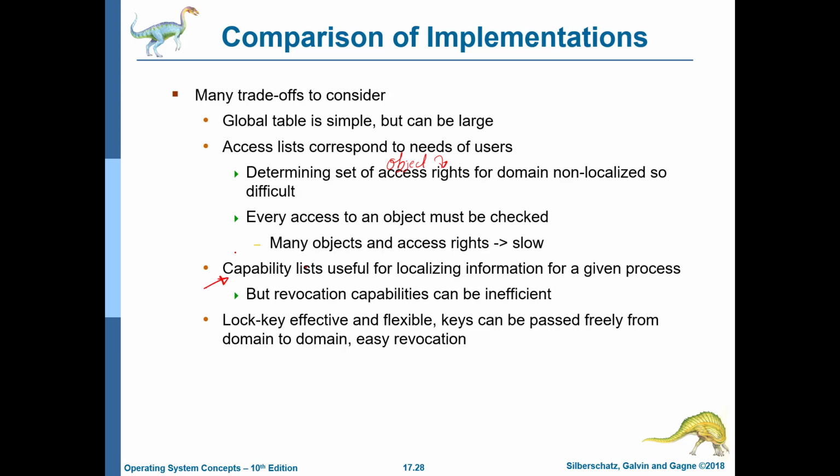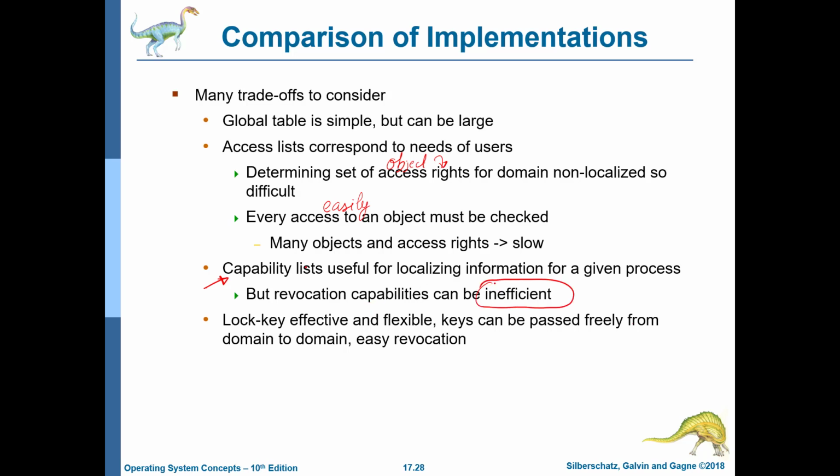Of course, revocation is more difficult with capabilities. Let's say that I want to ensure that no process has execute access to the object. In the case of an access list, it can be done very easily: I go to the object and simply take out all the execute permissions. For the capability list based approach, I need to look at the capability lists of all the processes, all the domains registered in the system, and remove this permission from them,